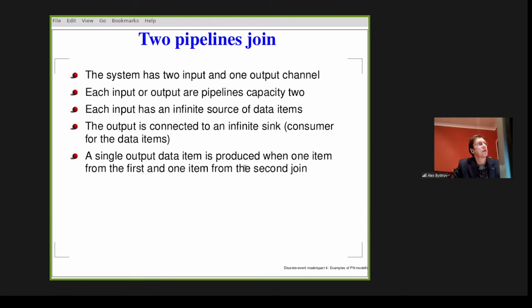The system has two input and one output channels, and each input or output is a pipeline of capacity 2. So we need to draw 3 pipelines of capacity 2. Can you draw it for me, please? The pipelines were drawn. I had a capacity of the pipeline capacity 4 before, right? So let's draw those pipelines.